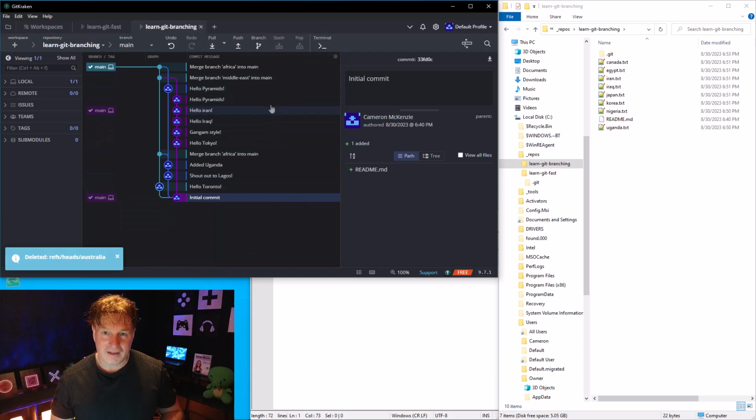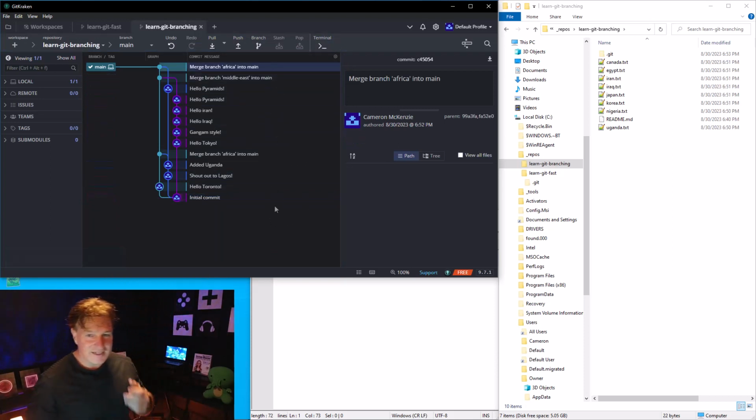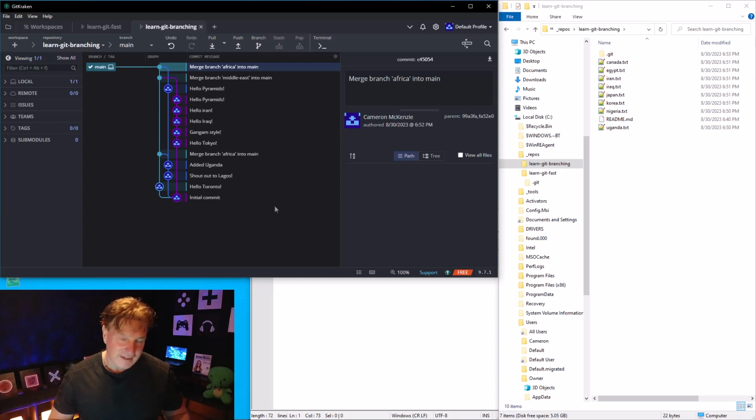And there you go. Back to the point where now we only have one branch. Everything is nice and clean. And there you go. That is all of the basics of Git branching. How you can create branches, how you can branch off branches, how you can delete branches, how you can merge branches together. Seriously, branching really is a gift to the software development community. And those are all of the key features that you need to know in order to be an expert with